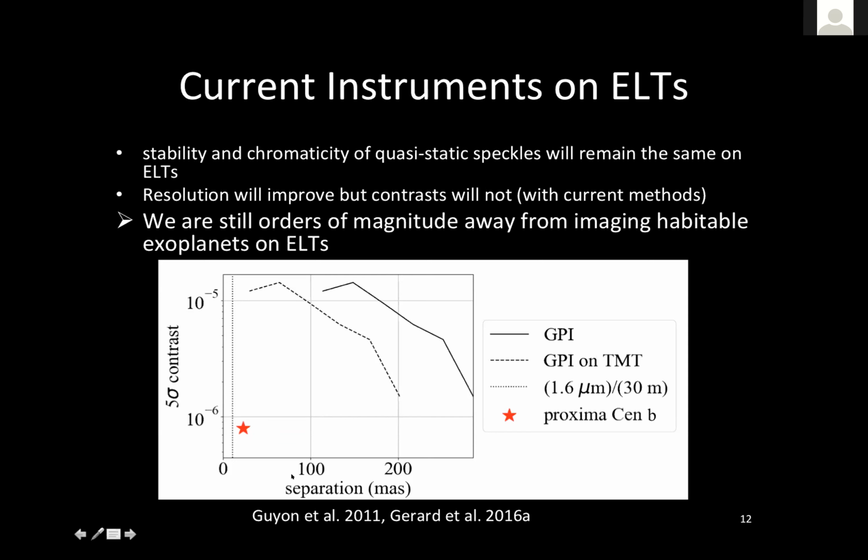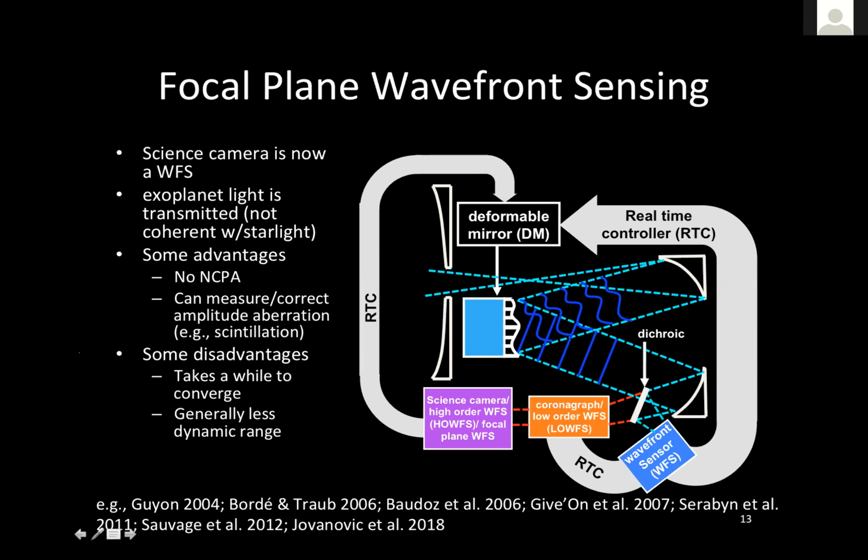So the brightest tip of the iceberg habitable zone M-star exoplanet is Proxima Centauri b, and now you can see the gap that I was talking about earlier. We're a few orders of magnitude off from where we would need to be if we wanted to detect an exoplanet. So the way I've been pushing to develop to bridge that gap is a method called focal plane wavefront sensing,